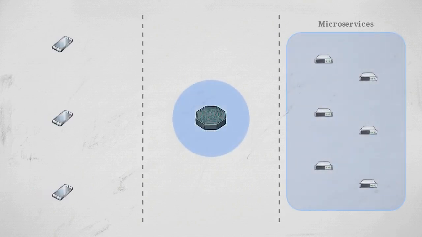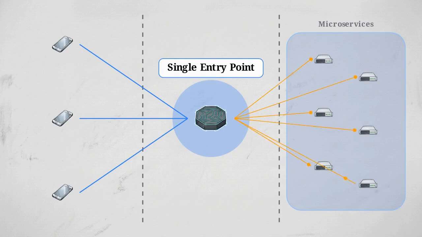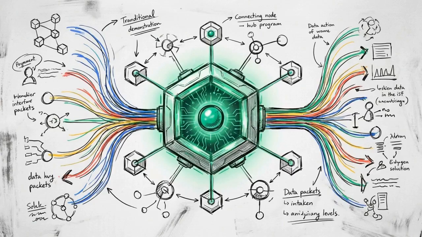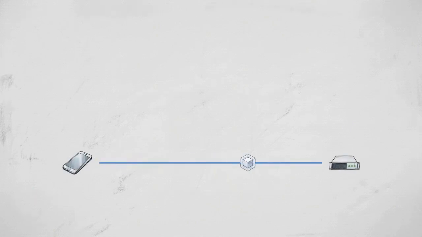This illustrates the API gateway, a highly available reverse proxy deployed at the edge of the network infrastructure. External clients now see a single, stable interface. They send all requests to the gateway, completely blind to the complex cluster of microservices behind it. The gateway's primary directive is centralizing cross-cutting concerns. Instead of 50 microservices handling their own security, the gateway intercepts every inbound request to enforce routing, authentication, and rate limiting in one place. Introducing this abstraction requires an engineering compromise.